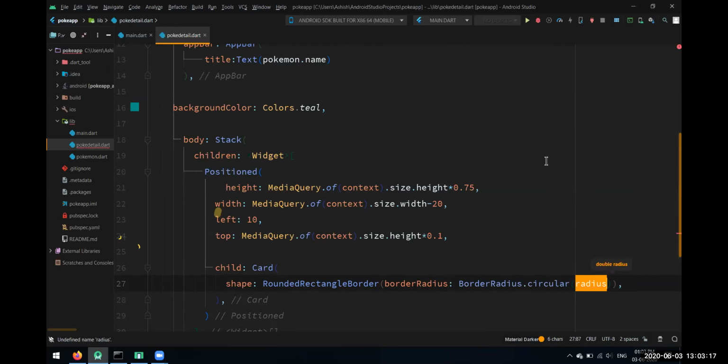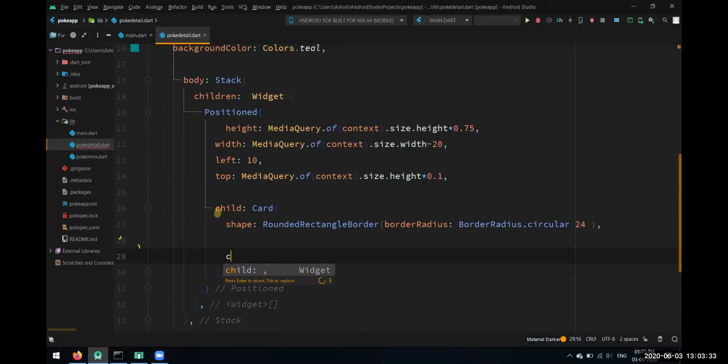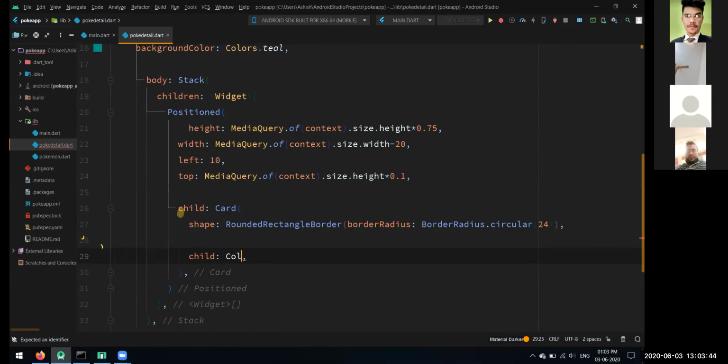We'll give it, let's say, 24 pixels of border. And now let's see what content we are going to have inside that card. We'll have a Column as a child of this card, because we'll have to show that data in a vertical manner. So we'll have this Column widget.